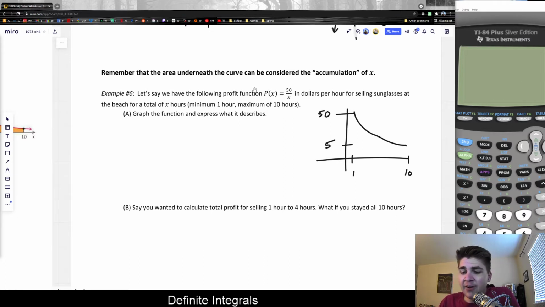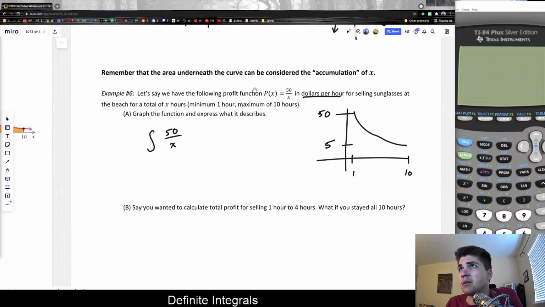But essentially, the area under the curve describes how much actual profit they would have obtained, because this is not actually a profit function; it's a profitability in dollars per hour. I would call it a profit rate function. You could even call it P prime, where it's in a time frame. But if we actually integrate this function, so if we take the antiderivative of 50 divided by X,